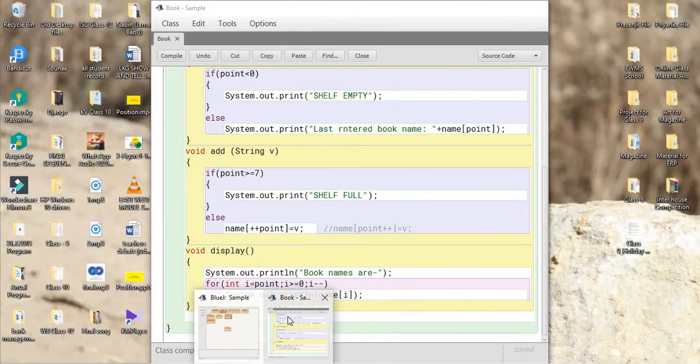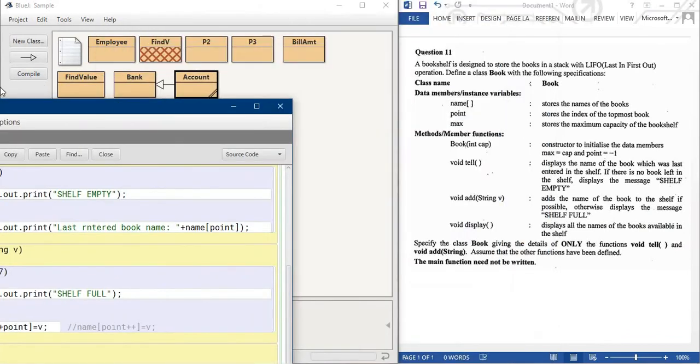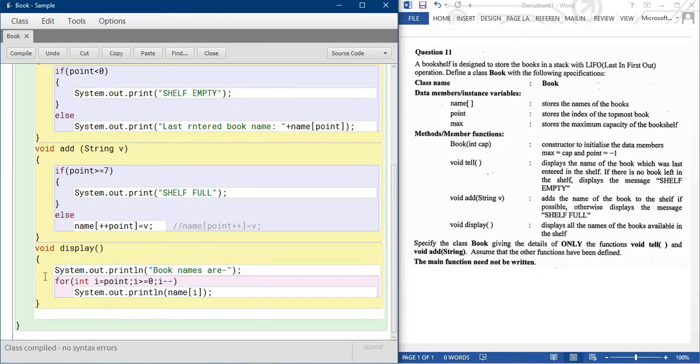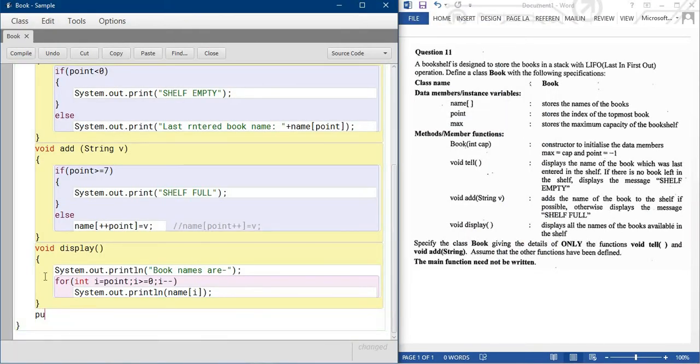Now time to write the code. Now what is the main method? Public static void main.